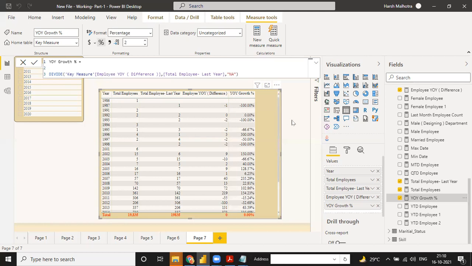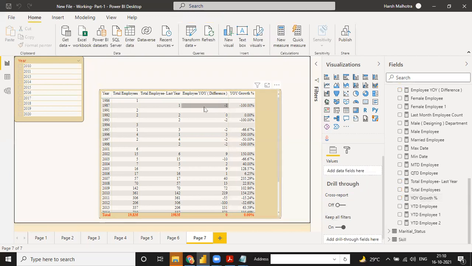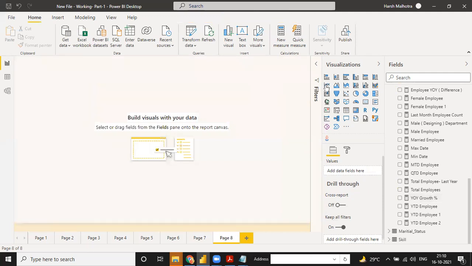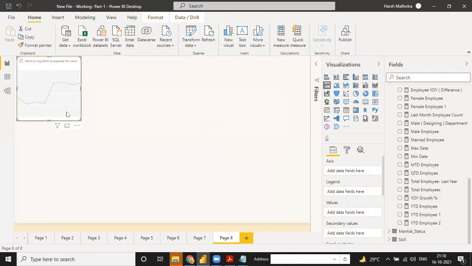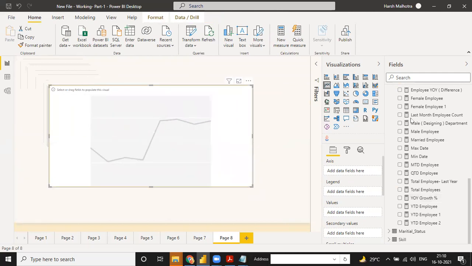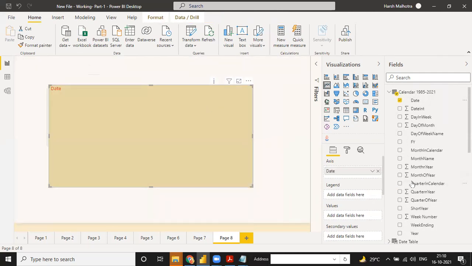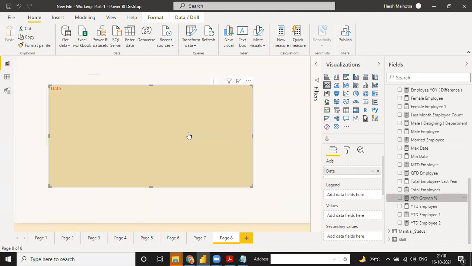Okay, so now tell me, any doubt in this? Any doubt you have. And same way you can go to this next table, suppose a line chart. Select this date and you can select your YOY growth.